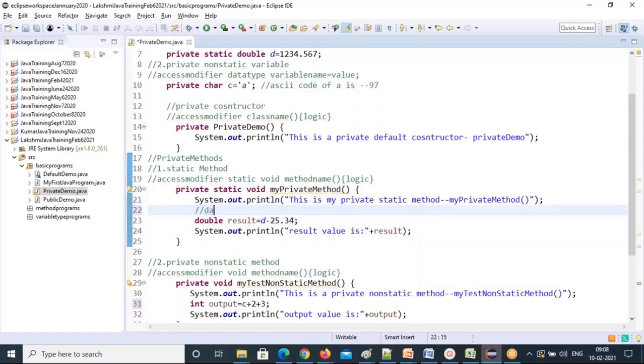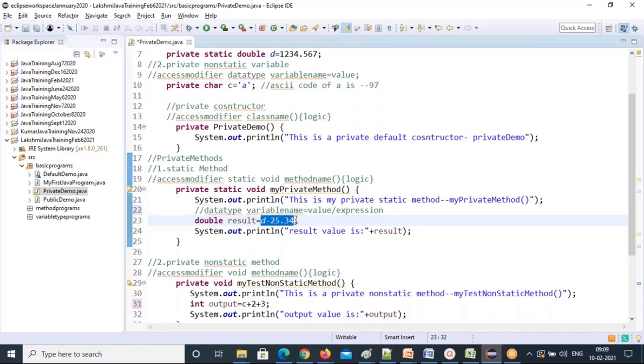So a local variable is: data type, variable name equal to value or expression. Here we have written an expression, and that expression will give you the output. The expression is the formula you are writing, right? d minus 25, this is the expression.